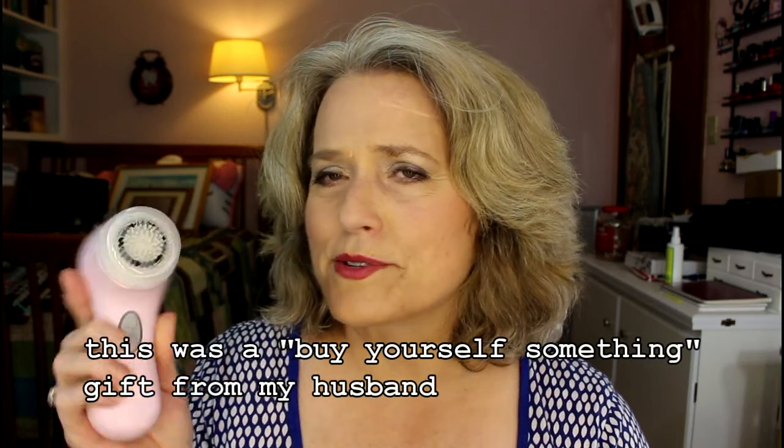I'm up to using it twice a week, and I think I could get away with using it every morning if I wanted to, but I'm just going to proceed slowly. And this is one of the best things on earth, and I got it on sale. I got 20% off. Derm Store was running a special sale on tools, and I got it from Derm Store while they were running that sale, because the price is pretty hefty, and I was kind of against spending the kind of money it cost to buy a Mia 2, but I got 20% off, so it was almost the